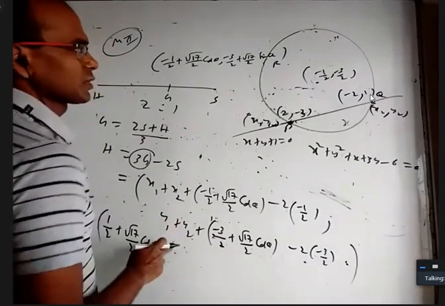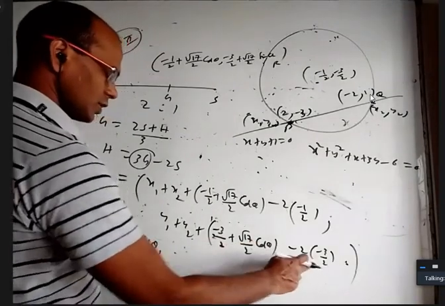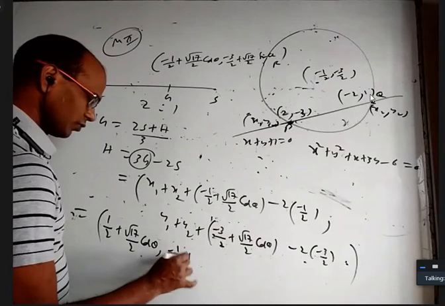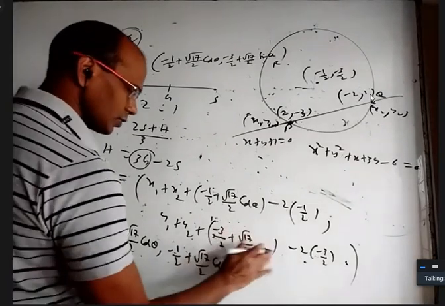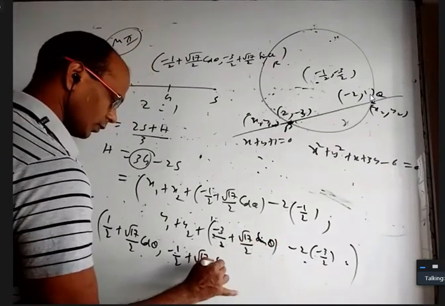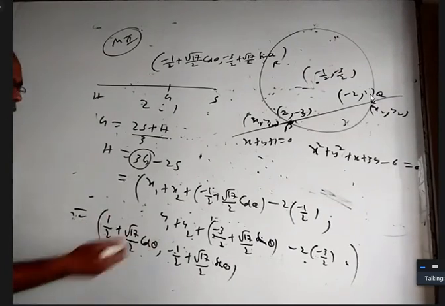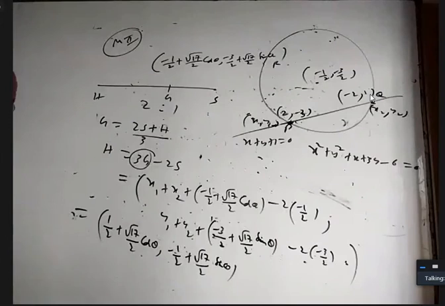Here y1 plus y2 is minus 2. Minus 2 plus 3 is plus 1. Plus 1 minus 3 by 2 is minus of plus root 17 by 2 positive. So sin theta. That's it. So I got the orthocenter in terms of theta. The locus of the orthocenter is x minus half whole square plus y plus half whole square equal to root 17.